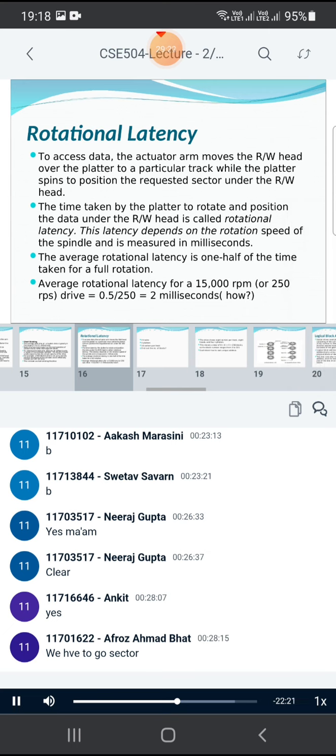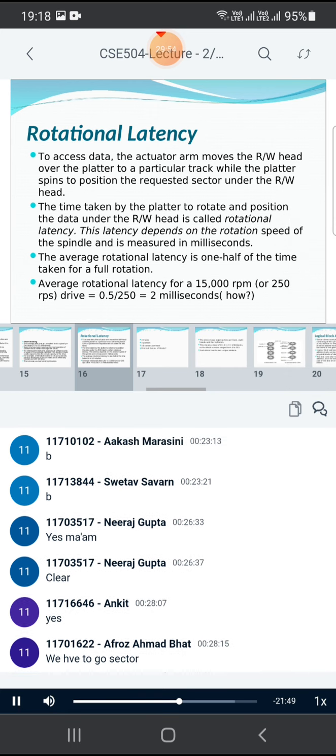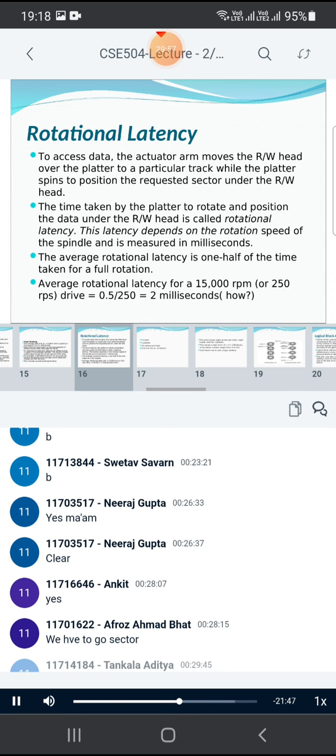For locating a particular sector under that head, we need to rotate the disk. So the head can just find out a particular track. Now inside that track, in what particular sector our data is there, for locating that particular sector we need to rotate the disk. And both of these things happen simultaneously. At the same time, the head is moving back and forth, and at the same time, the disk is also rotating. The disk is rotating to bring the desired sector under the read-write head, and the read-write head is moving to identify which one is the correct track. Have you people got my point?